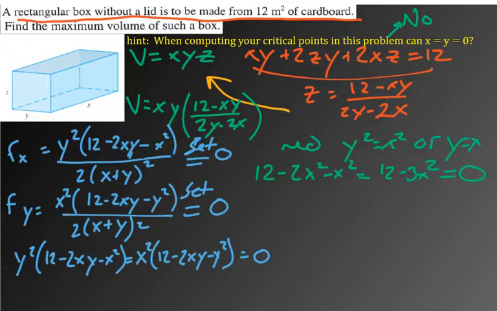And if you solve that out, you would get x equals plus or minus 2, but minus doesn't make sense because it's distances, so x is 2. And then since y and x have to be the same, y also has to be 2, right? And basically now we'll have it. So we can just do z equals 12 minus x times y, so 4, over 2 times y, which is 4, minus 2 times 2, which is,